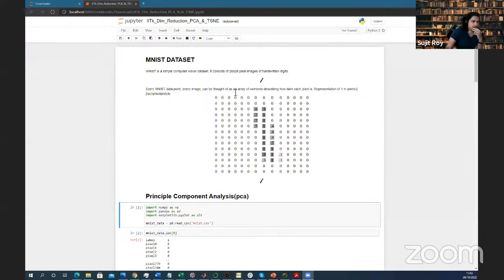So we are going to discuss the new dataset, which is the MNIST dataset. It is a very basic and very popular dataset for digit recognition and other tasks. Before jumping to the dataset, I'll quickly repeat for everyone who is new here, and on the record as well, that I have put out the